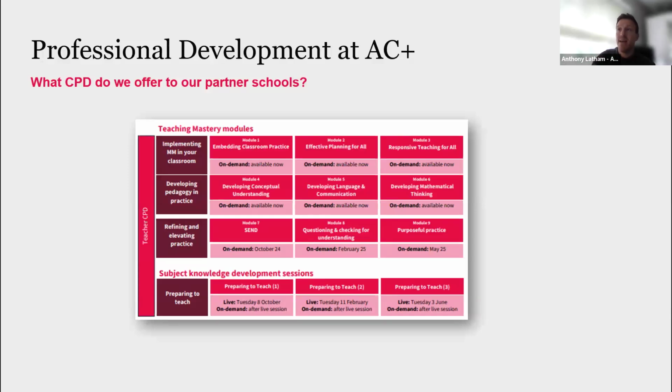So you can see here that you've got 9 different modules, and you might look at this as a 3-year cycle. However, some of our schools accelerate that and might try and do it more often. So you're not doing what we might describe as termly modules: module 1 in autumn, module 2 in spring, and so on. You might do 2 in each one if you want to accelerate that process a little bit more.